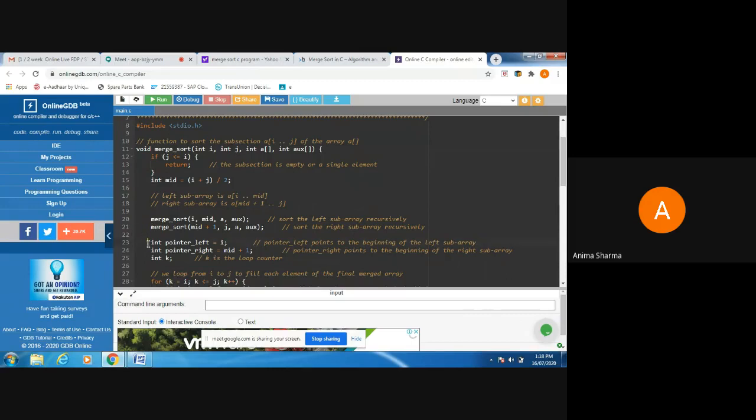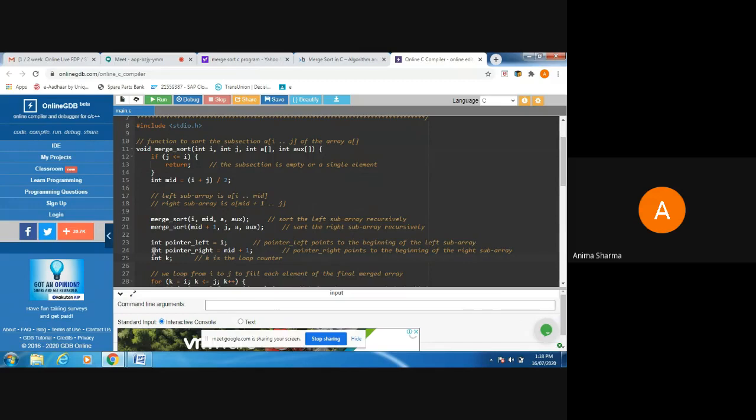Again, in step number 23, what happens? Integer pointer left is equal to i. Now this integer variable, whose name is pointer left, is pointing to the beginning of the left subarray. Similarly, integer pointer right is equal to mid plus 1.